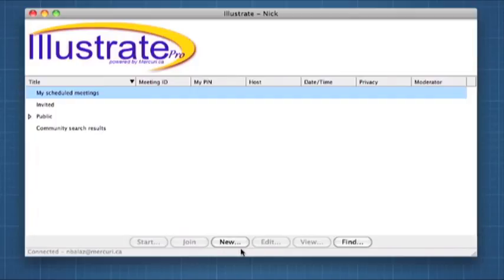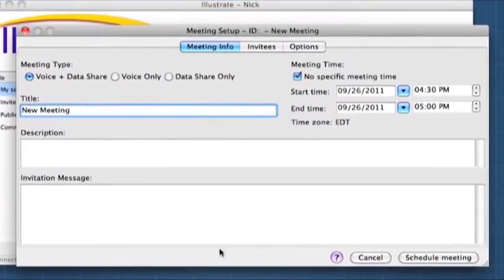Most of them are grayed out right now, owing to the fact that there is no meeting selected, or for that matter, even created. That's not particularly important, however, as the only button we'll be dealing with right now is New. Click that button, and a window will pop up in which we can enter all the information for the meeting. We'll go ahead and call this meeting Illustrate Pro Demo